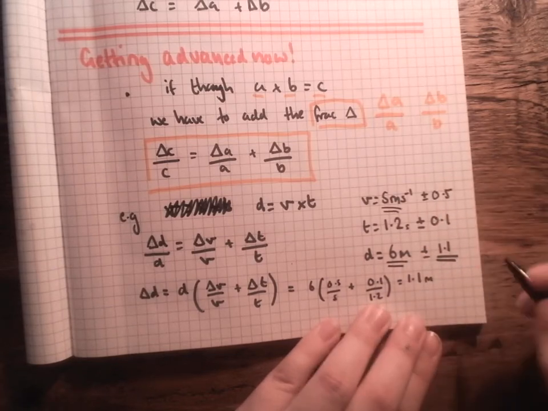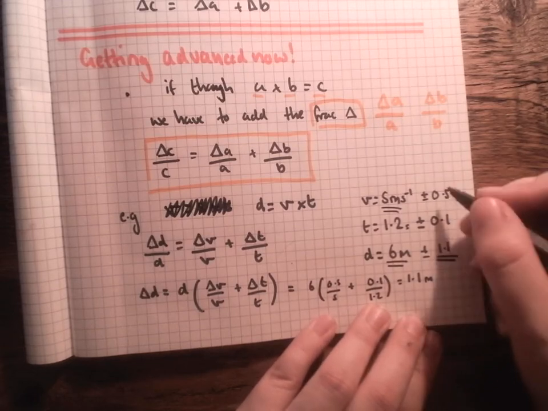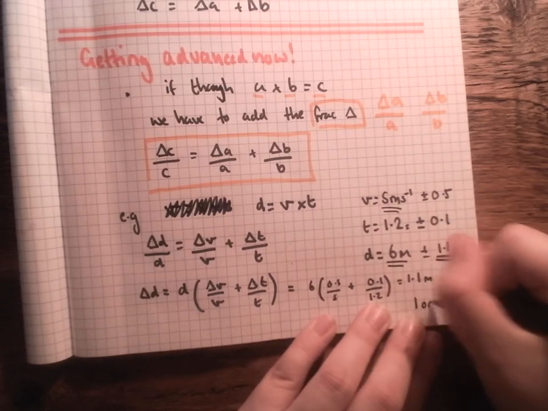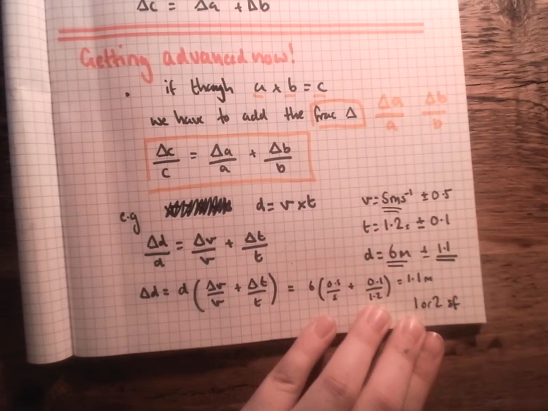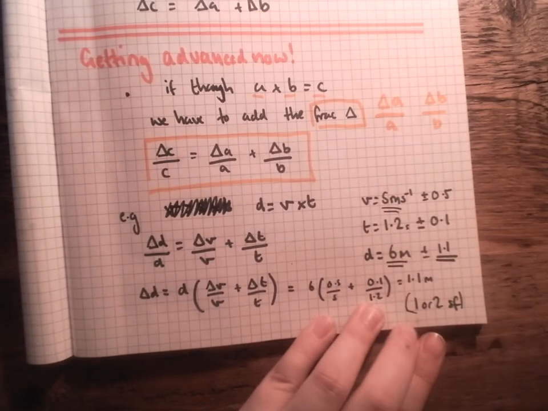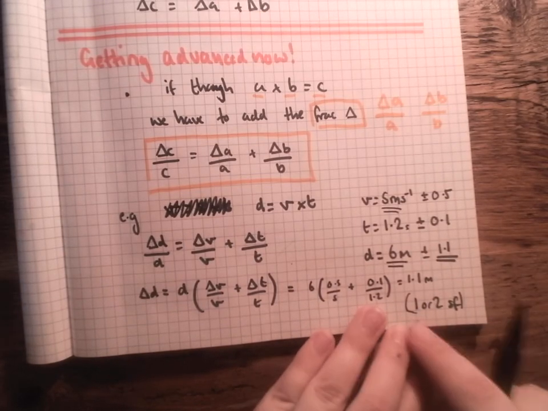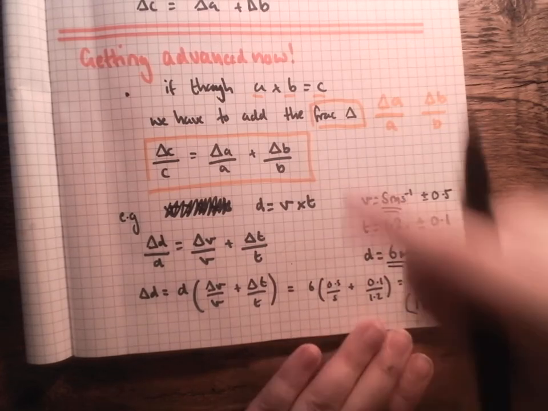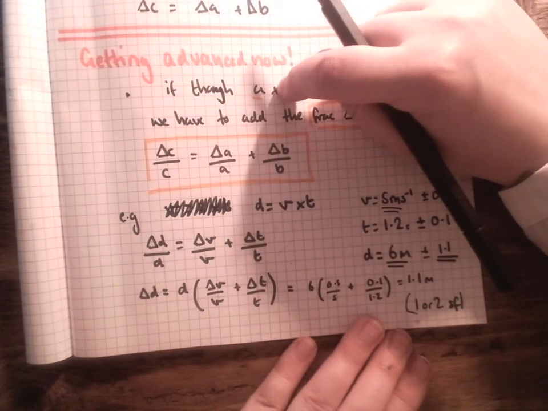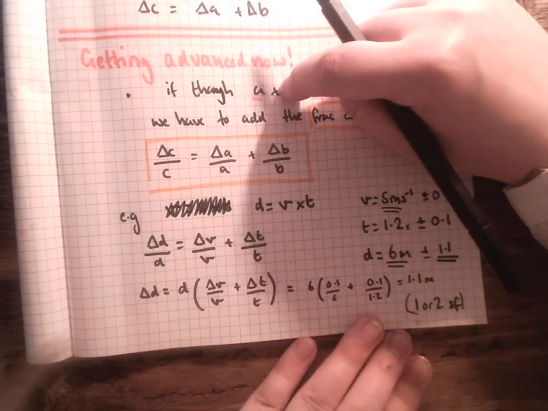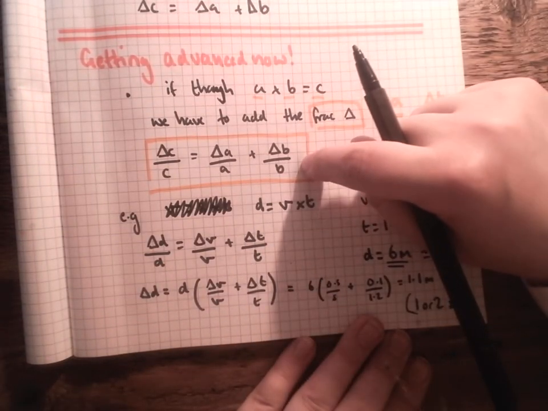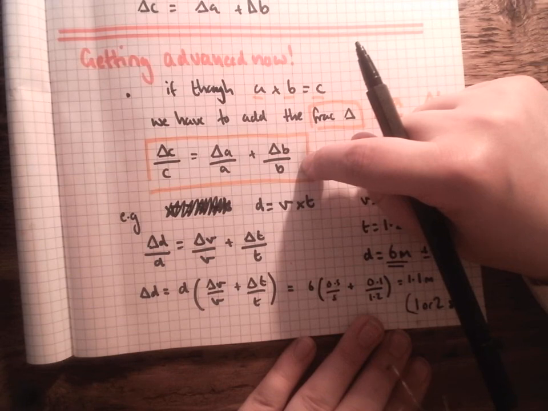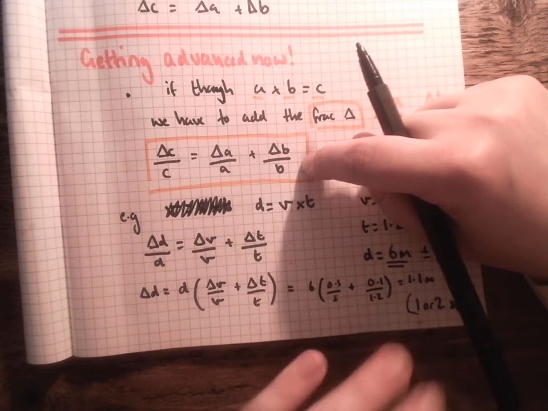Again, with uncertainties, you want to keep them small. So usually keep them to 1 or 2 significant figures. You don't want to be making them really, really long and really, really large. So just 1 or 2 significant figures for your uncertainties. So for multiplication and division, we add the fractional uncertainty for both of these. All right, and let me know if you have